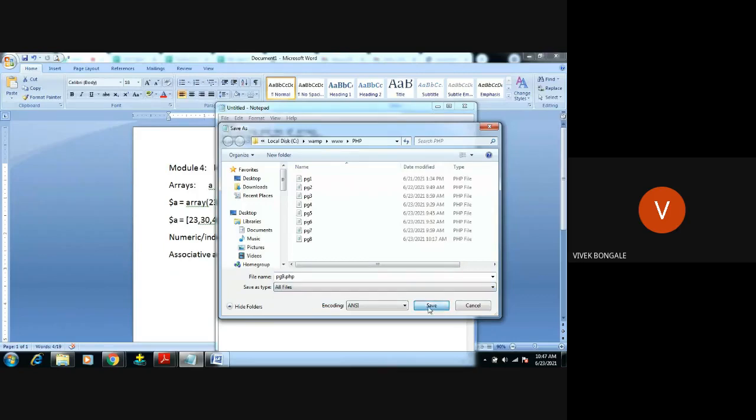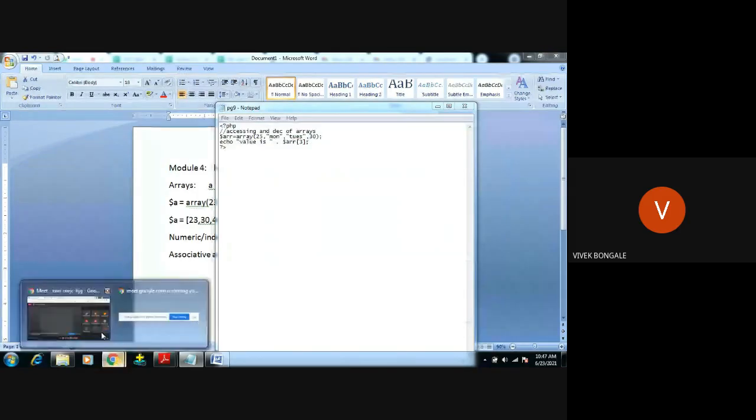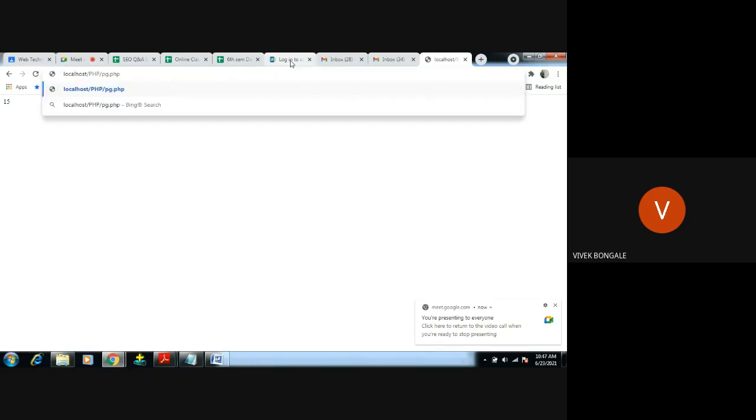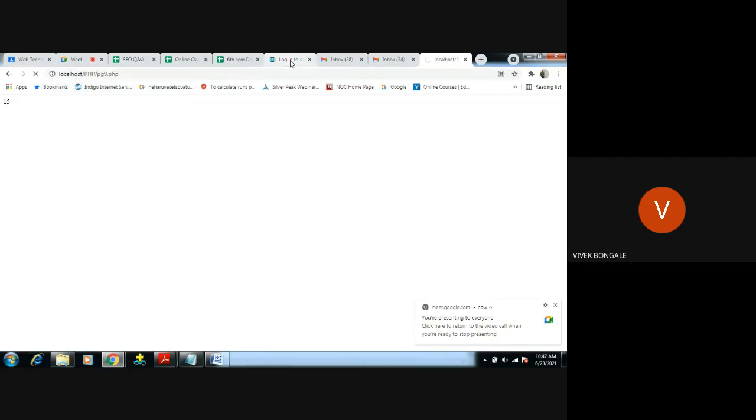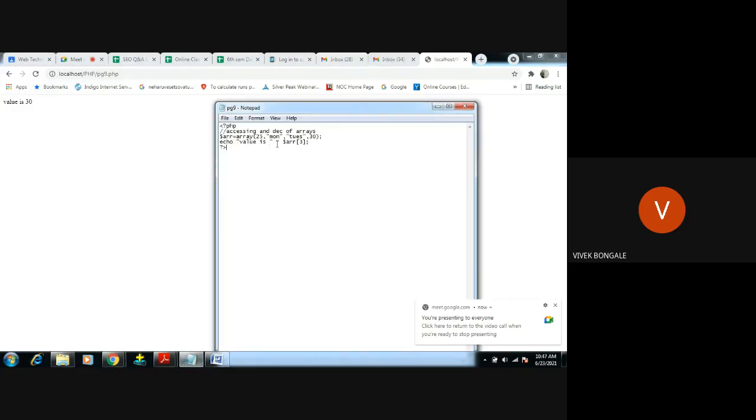Save. Go to the browser, program 9.php. Value is 30, right? We have used the dot for concatenation.